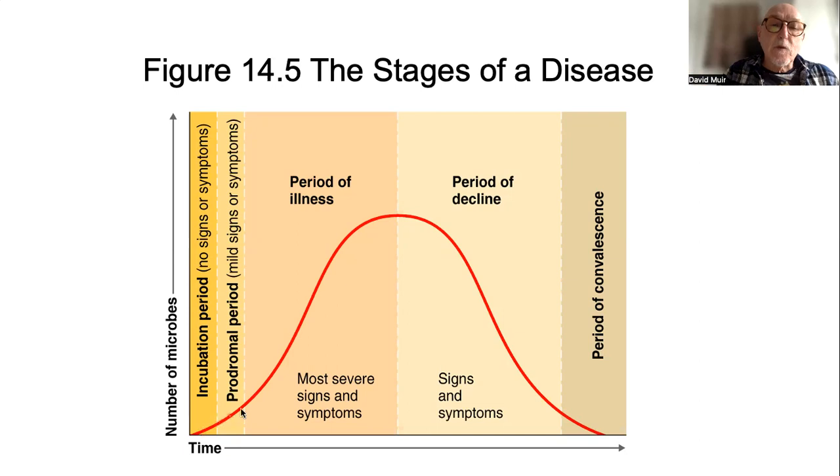Then we get to a point where the number of organisms is great enough that they begin to have some effect, but the effect is perceptible only to the person infected, and it's not perceptible as symptoms. If you're getting a cold, you have this period where something is going on. You can't quite put your finger on it, but you know that something is happening. And you think to yourself, well, I may be getting a cold. This is called the prodromal period, when the symptoms may be entirely absent, but they may be very, very mild